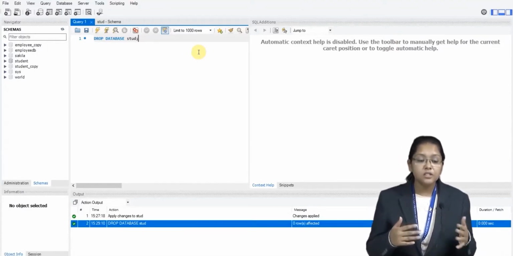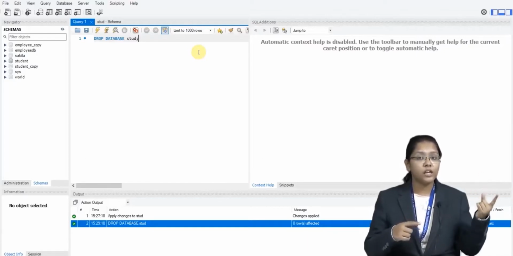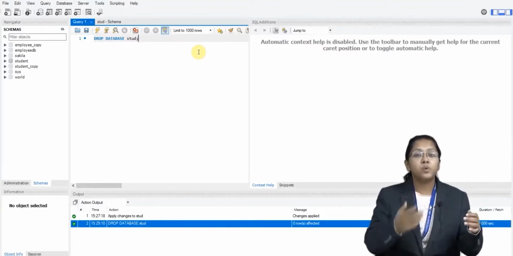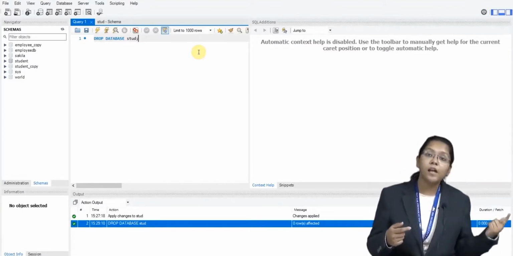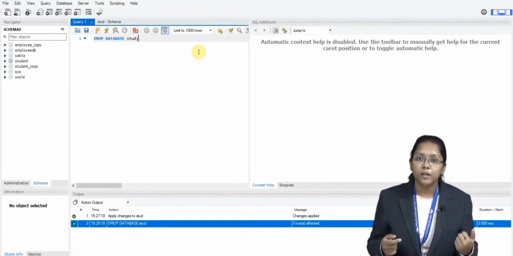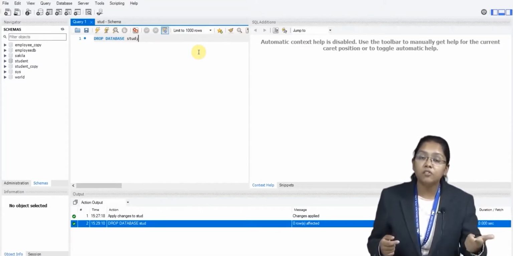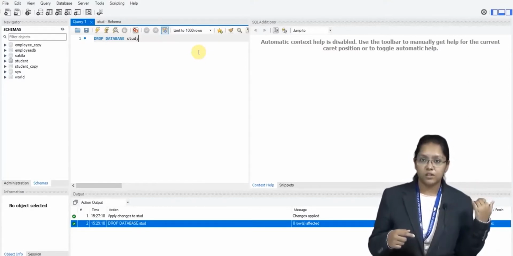Now here you can see, because of that localhost connection, that local connection, I gave the password over there, right? So that connection was with whom? With the MySQL server, with the command line. That's the reason whatever database I created over there, you can see over here. I created student database over there, but it is reflecting over here, means that local connection was with that server,